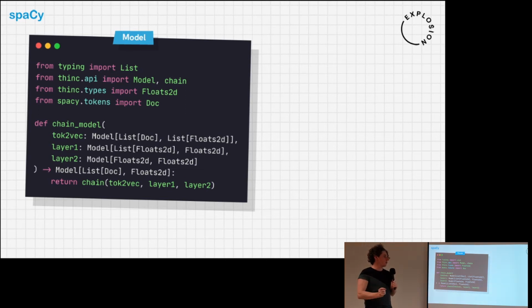So what we do in Thinc is we have this parametric type here. So you can see here the model there. That's a type that's assigned to any layer, and it basically means that it's a differentiable model that's able to, you'll pass something in and you'll get a prediction at the end of it, or an output. And it's parameterized with that input and output type.